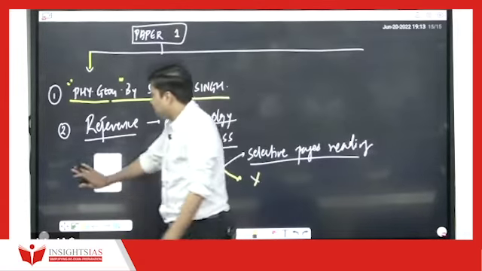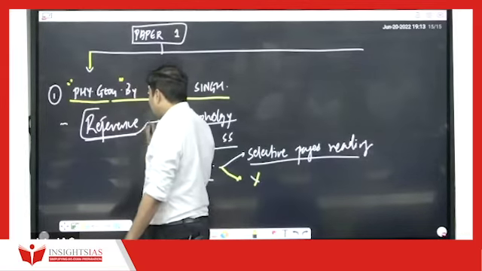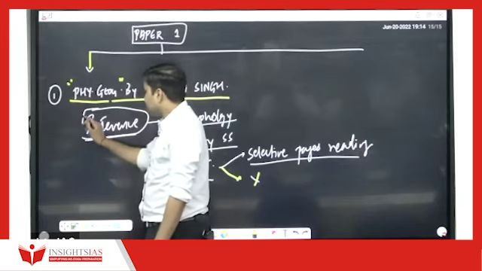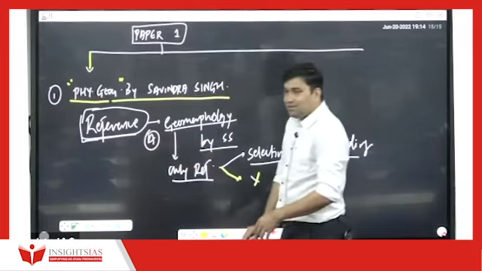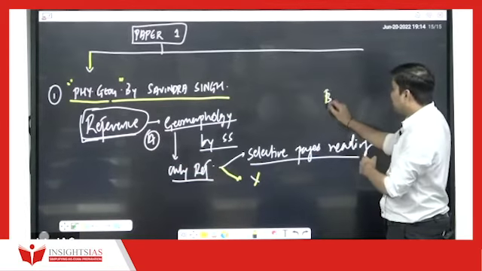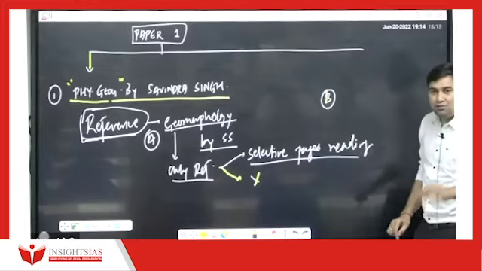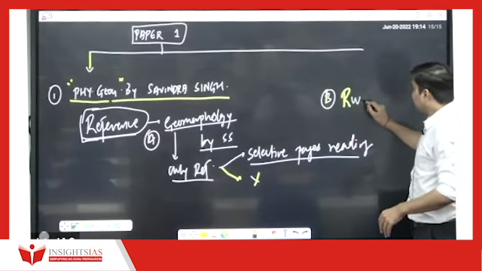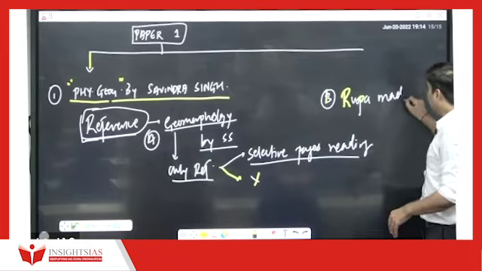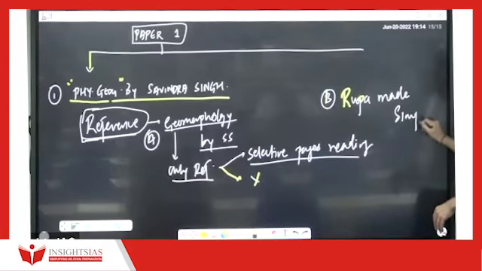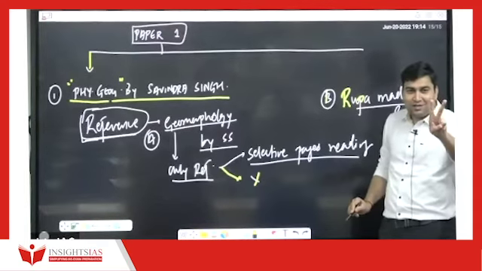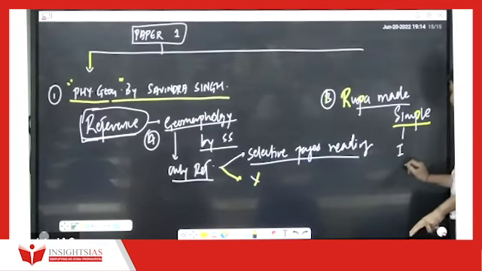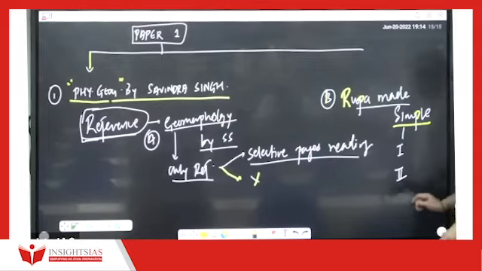This is just a reference book, again I am saying, this is a reference book, reference book number A. Reference book number B for physical geography is the Rupa Made Simple book. Rupa Made Simple has two books, there are two versions, volume 1 and volume 2. Volume 1 essentially refers to physical geography.